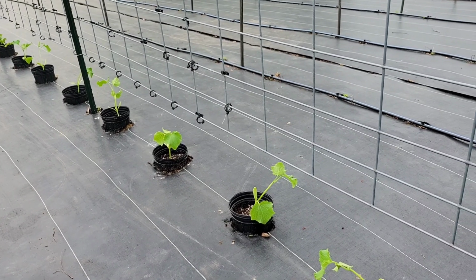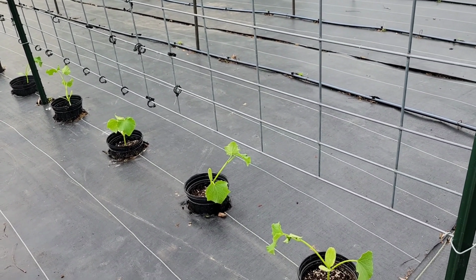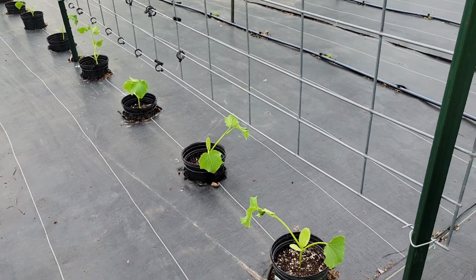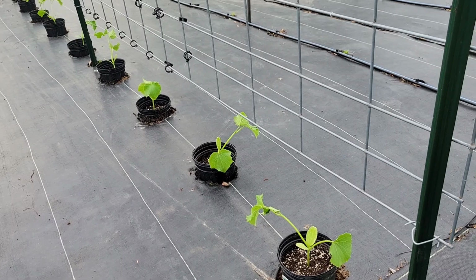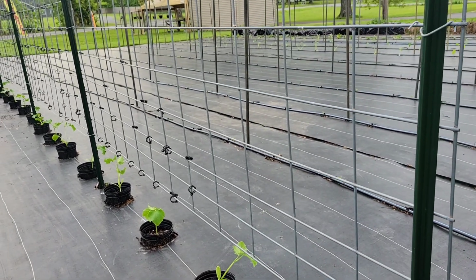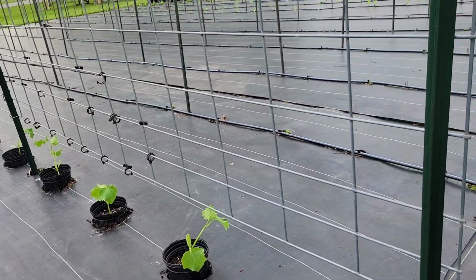In today's video, I will be talking about sunken container garden. Specifically, the row that you see is planted with cucumbers. These are vining cucumbers, so I have a cattle panel trellis that we set up just straight, and the cucumbers